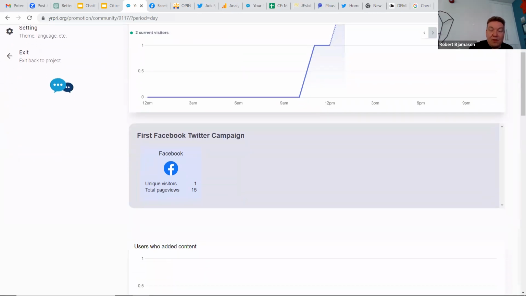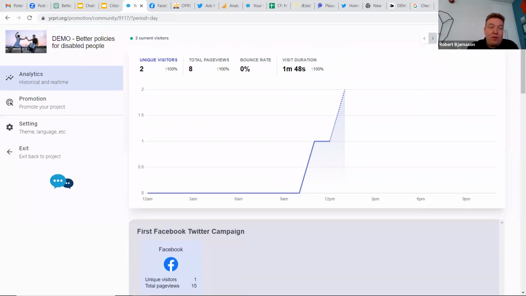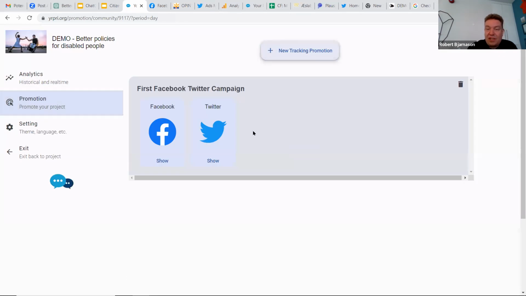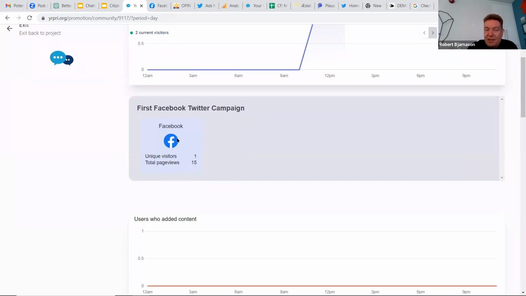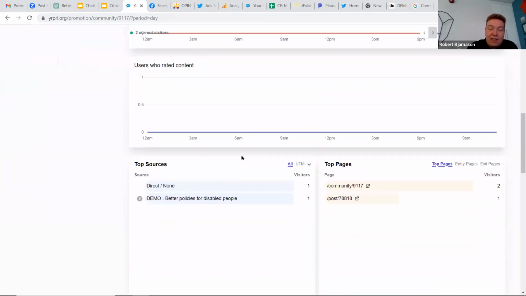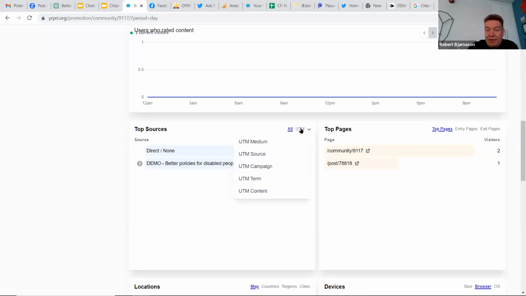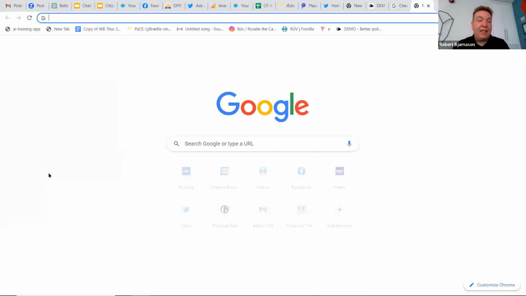So basically, if you use those tracking promotions, you can see them automatically in this view, but you can also see them here if you go to UTM and campaign. You will see the first Facebook Twitter campaign. And so you don't need to, in the end,